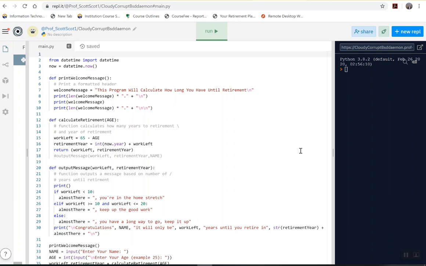Hi, gang. So let's talk about the second project that you got to do. So we're in Module 4, and in the third module, we talked about